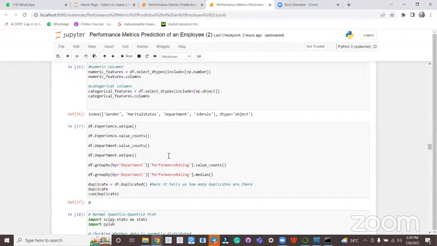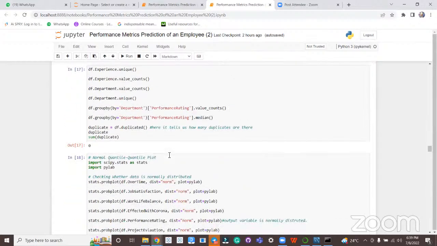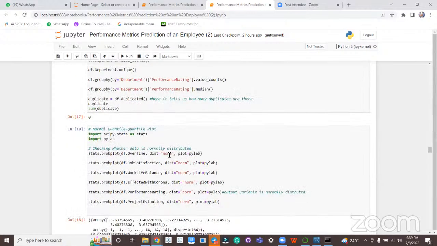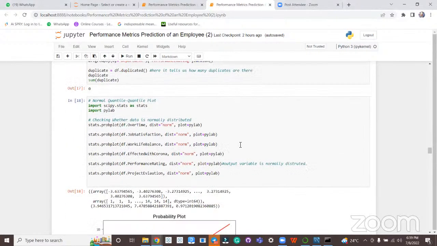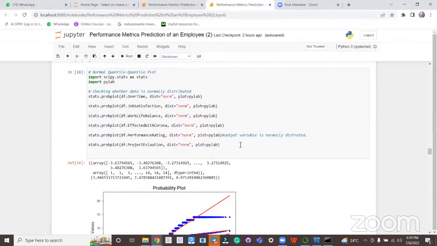We also verified for duplicates. So all this was part of the EDA that we performed. We also had to verify whether the data follows a normal distribution or not, specifically for the data which is continuous in nature. So we used the probability plot check. Using the probability plot, we checked whether the data follows normal distribution or not.